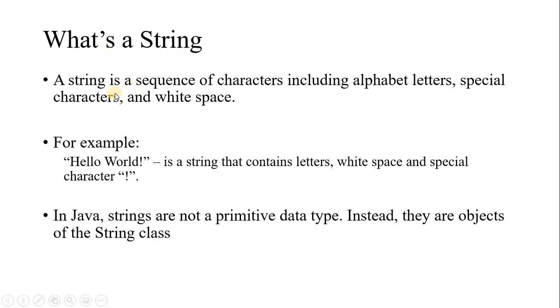What is a string? It's a sequence of characters. This sequence of characters can be alphabets, special characters, or white spaces. So it is inclusive of all these things. Let us see an example. For example, "Hello World!" with an exclamation sign. This can be a string, which is given in double quotation marks. It has letters, there is a white space here, and also a special character here. So any combination of letters, special characters, or a mixture can be an example